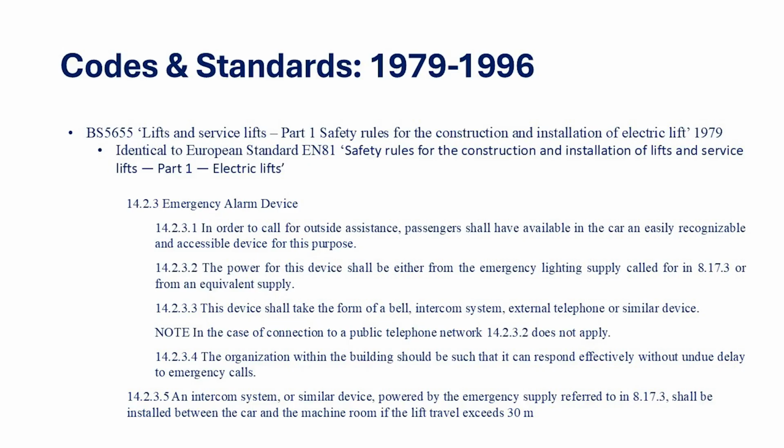Post Office were at least willing to provide the doors and the panels for these covers. But you can see here, this is just a standard telephone, hopefully with some instructions printed on the inside of that door. So we come to the end of the 1970s and the publication of BS